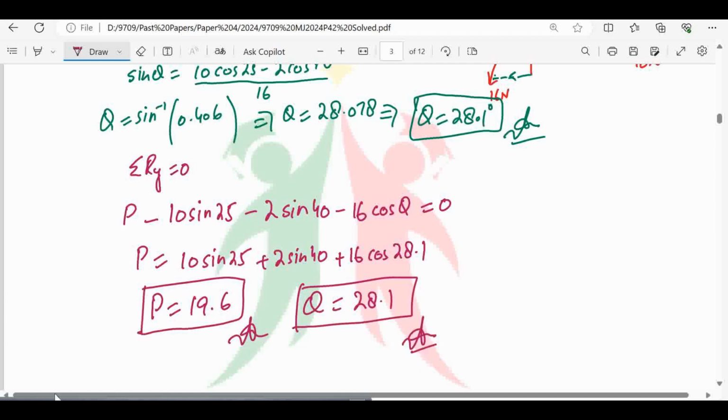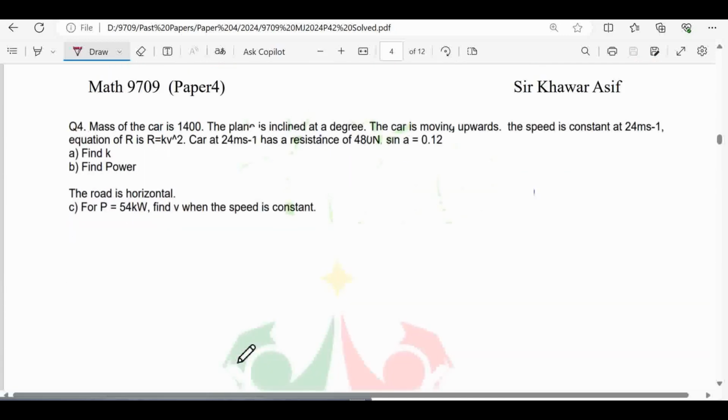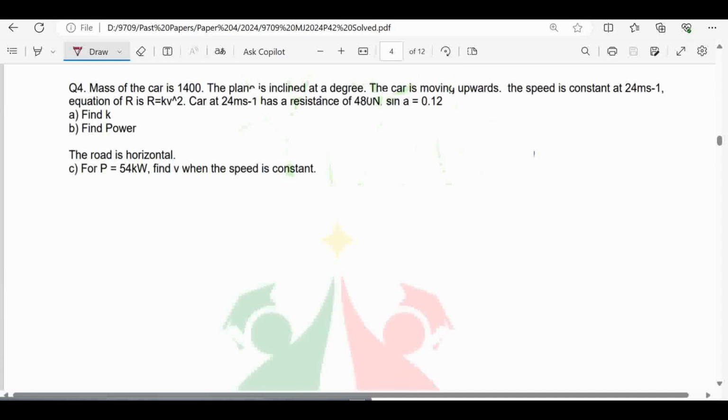Let's move to the next question. Question number 4. Now question number 4 is, the mass of the car is 1400. The plane is inclined at an angle of this. So basically we will have the diagram, the car is moving upward. So basically we will have the diagram like this, and the speed is constant, so it means that acceleration is 0. But here we will have, this will be the driving force, and this will be the weight,